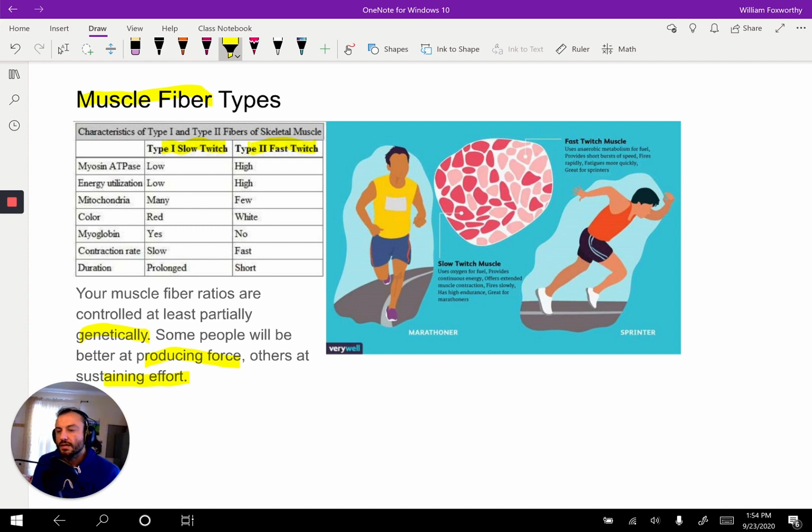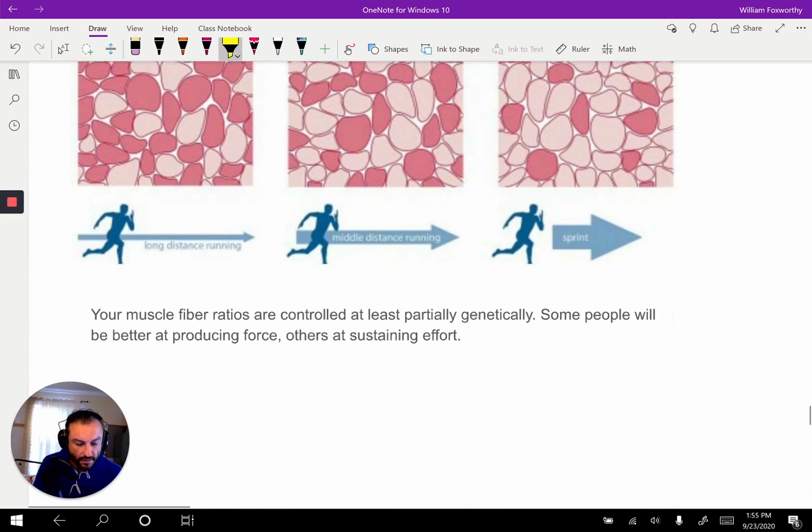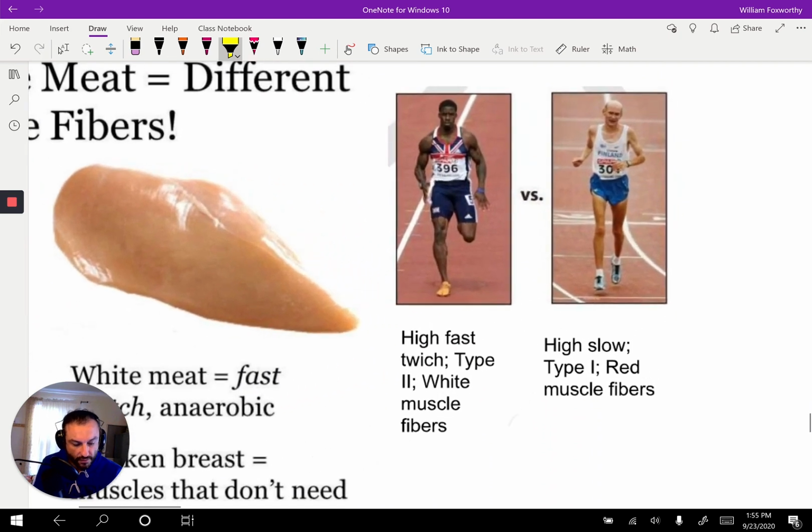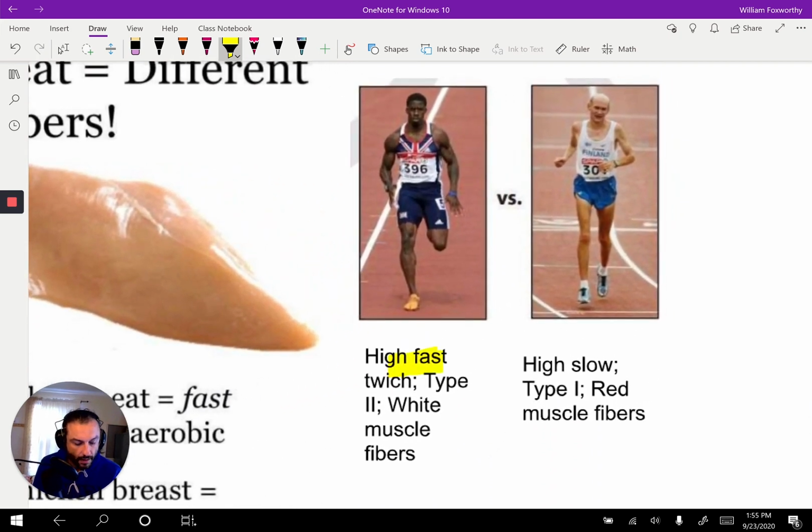And generally speaking, for the normal individual, like you or I, the difference between all of us is mostly down to training, just how much effort we put into physical training. But at the top levels, like in the Olympics, you have a much larger effect of your muscle ratio types. And you see this very clearly in certain individuals, like this dude here on the left, who has a lot of fast twitch muscles. The fastest sprinters in the world have a lot of fast twitch type 2 muscles,